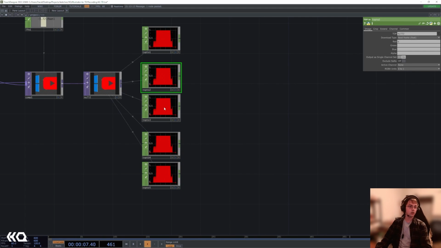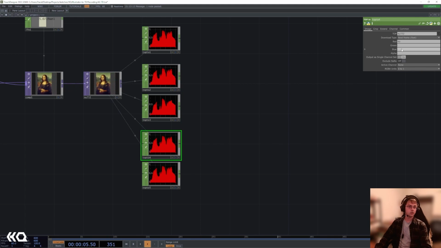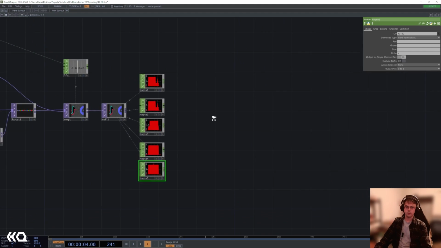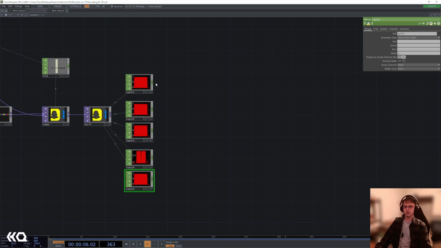So red to R. Green to G. Blue to B, and then alpha to A. Awesome. And then because I know this is going to be handling our depth for specifically this top one here,